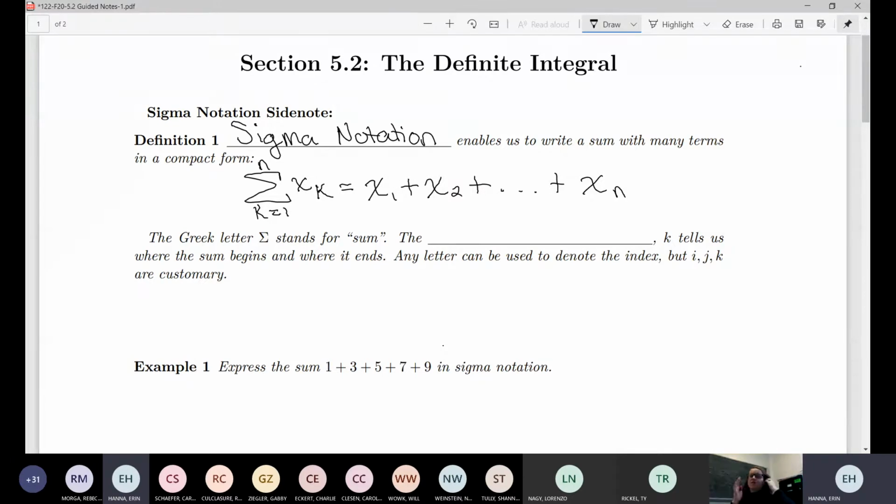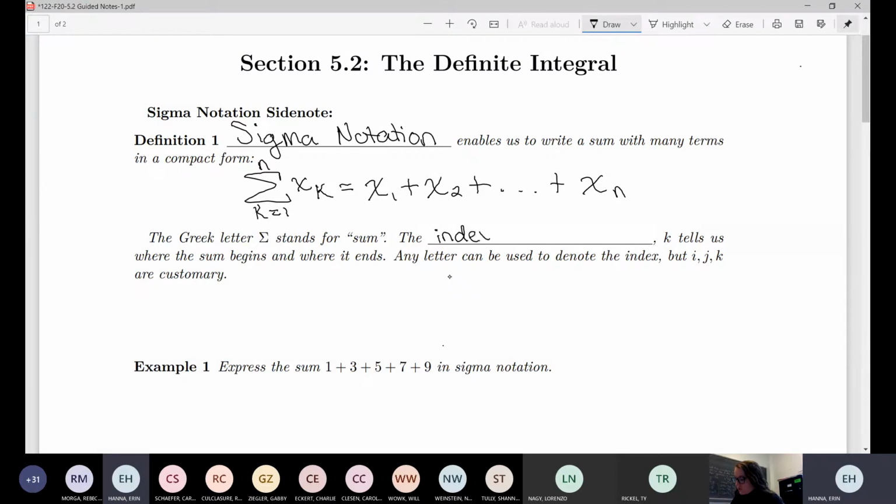So now the point of using sigma notation for this definition is, remember in 5.1 we were doing Riemann sums, which was our areas of rectangles that we were summing up. And if you remember back to the example we ended on last time, the last one we did fully had 10 terms to it. And then specifically, the question asked for the 20 term one, but we just talked about that one. We didn't actually find it. So sigma notation would be a really nice way to write that 20 term sum in just this small, compact way. So anyway, the Greek letter stands for sum, and then we have something called the index